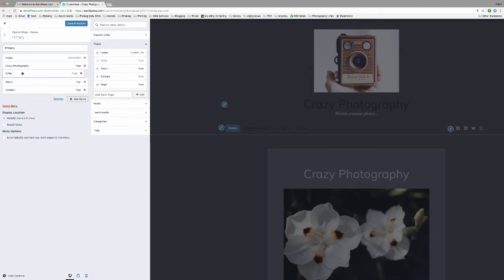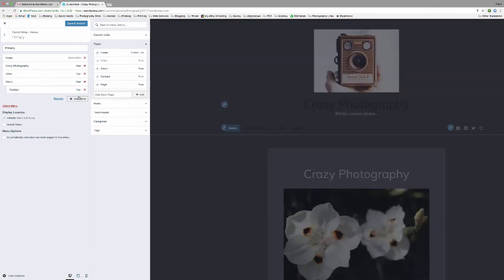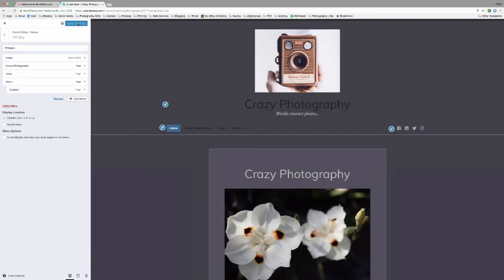So I'm going to do that with that one. I'm going to put that over the side. But see this about? I'm going to go to the contact and move it in. So that now becomes what we call a child. So that's the main one we're going to see. So notice in the menu here, we've got about, but you can't see the contact. There's a little arrow there. So let me just save this and I'll show you what's going to happen. So now, once this is saved,